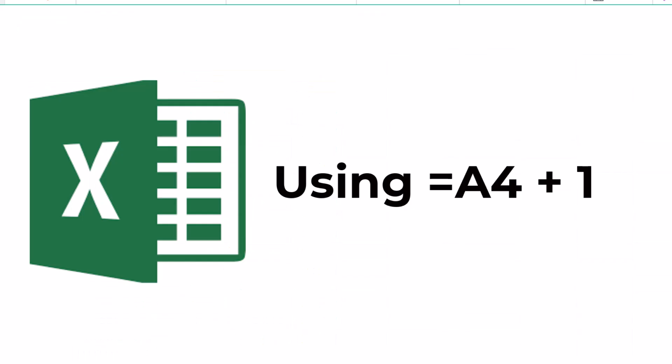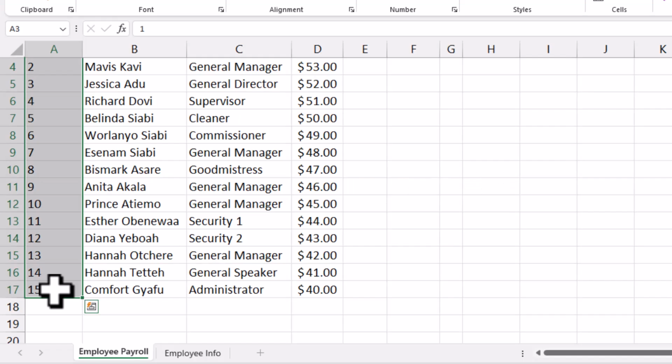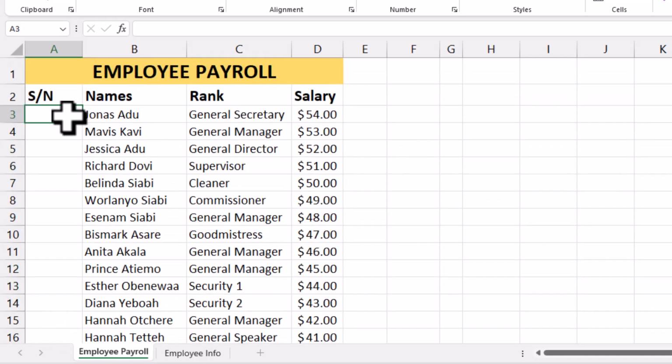Let's jump to the third method. I'm going to select and delete all these cells. Now in the third method, I'm going to select this cell, type 1, press enter, type 2 and also press enter. Now in this we are going to type the equal to sign, then we select this cell which is A4 and bring the plus sign and type the number 1 and press enter. This is going to give us the number 3. Therefore when I use the fill handle of this selected cell which is A5 and drag this down,